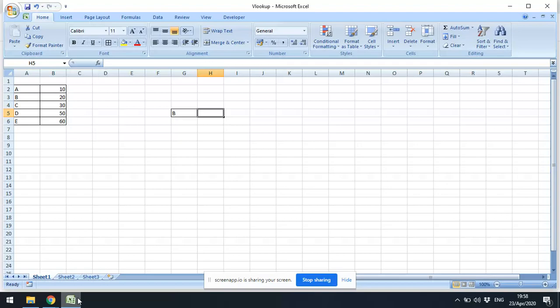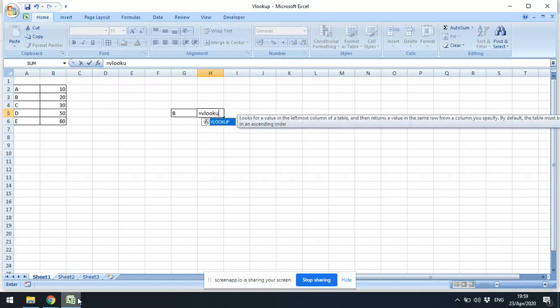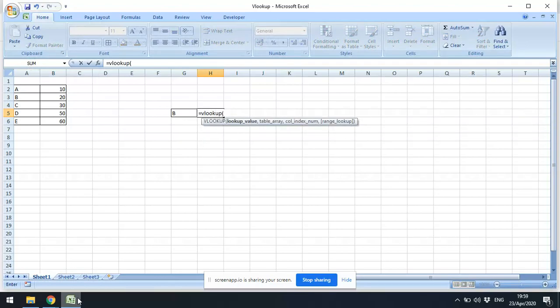This is very important because we have to understand the purpose. I want the corresponding value of this item from the list. So the purpose of the VLOOKUP in itself is getting the value of a particular item from a big list, in as simple language as I can express it. Moving on, if we start writing equal to VLOOKUP and start with the bracket,